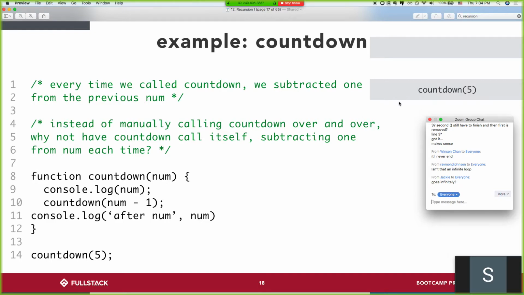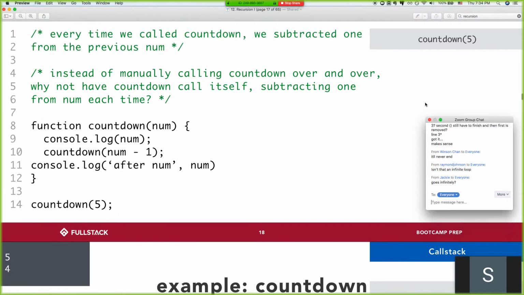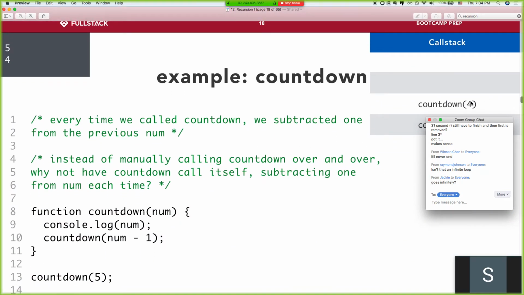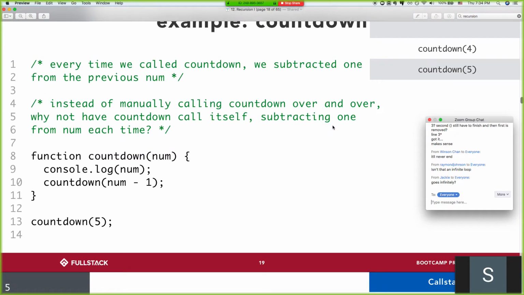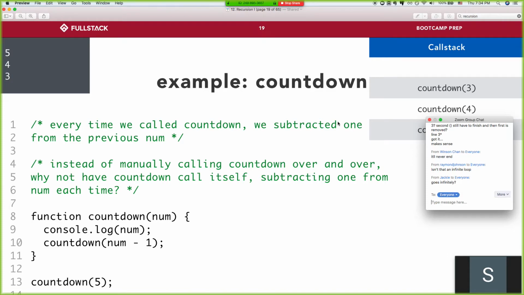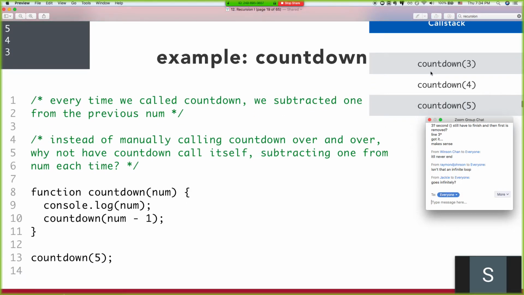but we can't pop countdown 5 off because we're not done, because countdown 5 can only be popped off when countdown 4 is done. But countdown 4 isn't done yet. We just called it. So we have countdown 4 on the call stack. And then countdown 4 calls countdown 3. And then so we have countdown 3 in the call stack. And nothing can get popped off because